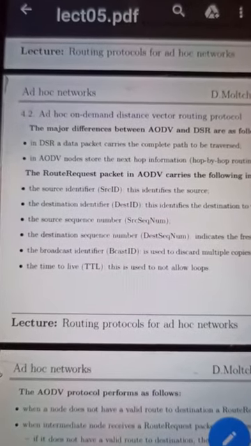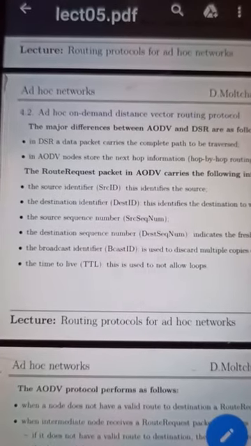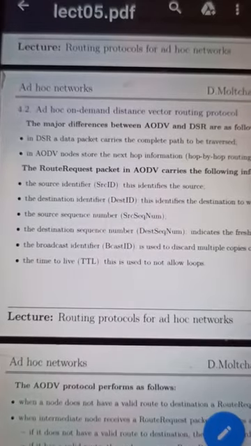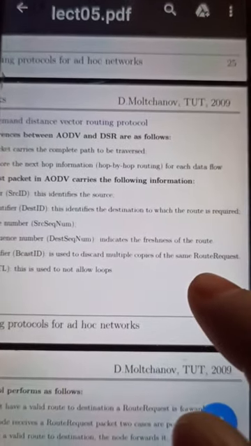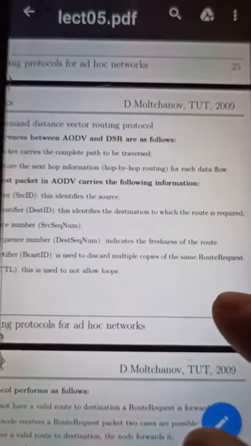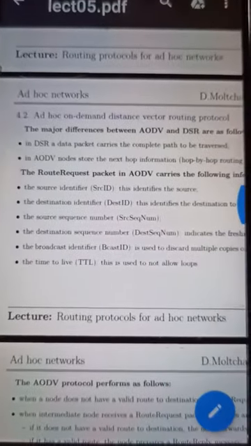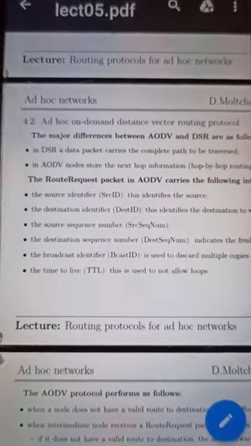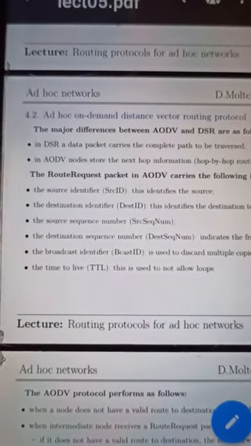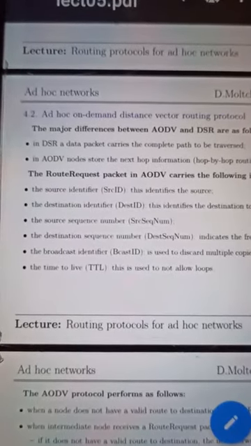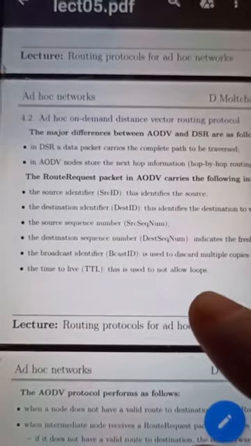Another piece of data carried by the route request packet is the destination identifier, called dest ID. This identifies the destination to which the route is required. So it contains the destination ID to which the data packet is to be sent. The next one is the source sequence number. So this route request packet also contains the source sequence number. The destination sequence number indicates the